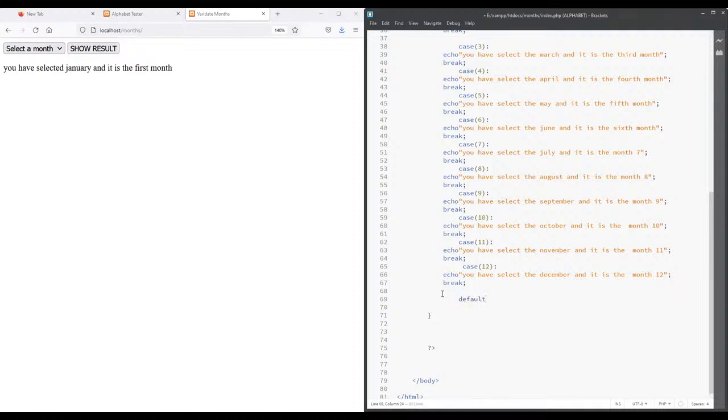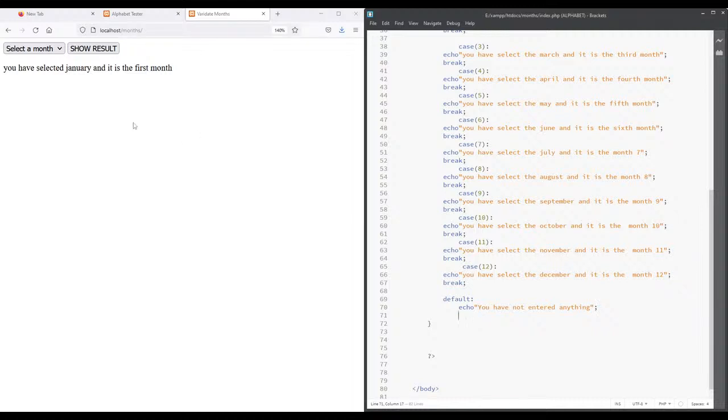If nothing happens, then the default will echo: you have not entered anything. Okay, so